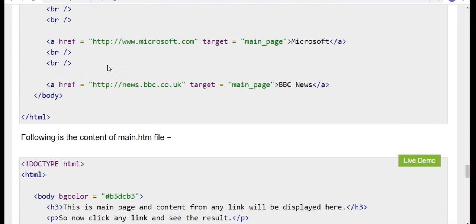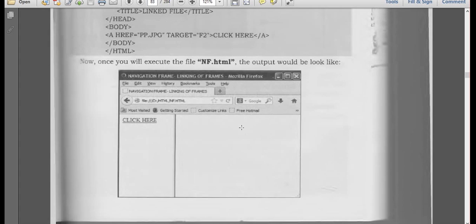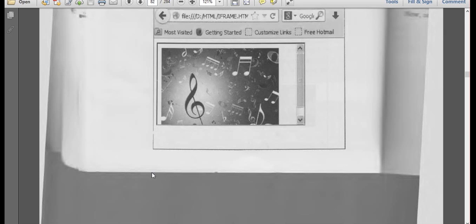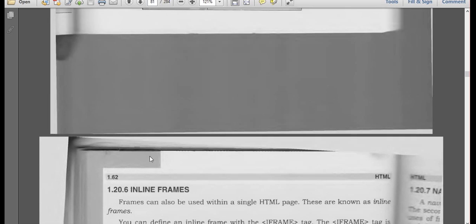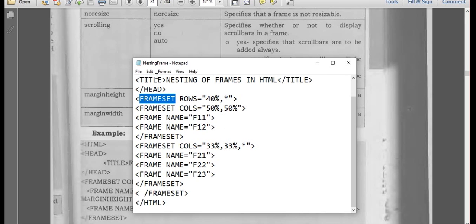Okay. So this is all about frames, nesting frames, inline frames, and horizontal frames and vertical frames. If you want to go with horizontal frames, horizontal in the sense of rows, you have to specify under the frameset tag the row value, how many rows you want to go with. Those numbers we can specify. If you want 5 frames, specify 5 values: 20, 20, 20, 20, 20. So you will get 5 frames. So we will see one example for that.